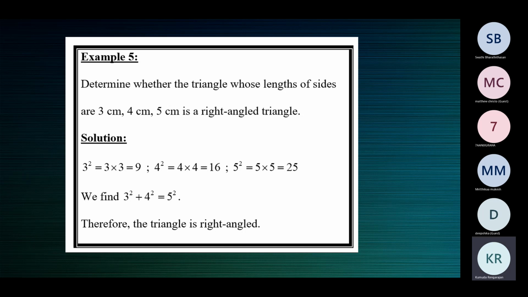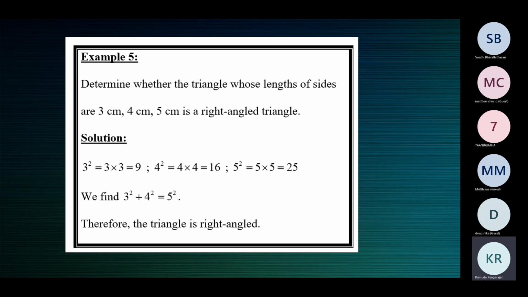So what we just finished is the property regarding the sum and the difference of any two sides of a triangle. When you add any two sides, it should be greater than the third side. Or when you add any two lengths, it should be greater than the third length. Only then a triangle is formed. Or when you subtract any two lengths, it should be less than the third length. Only under these circumstances can a triangle be formed.